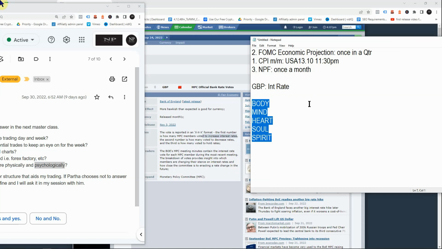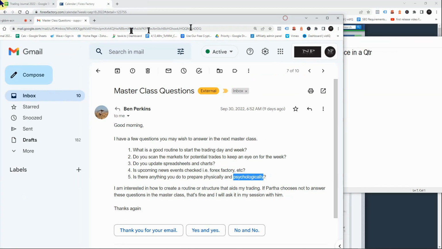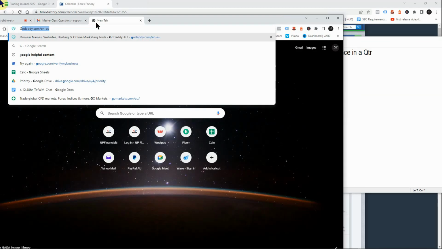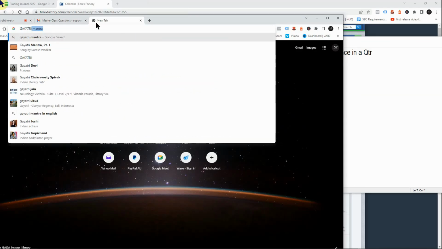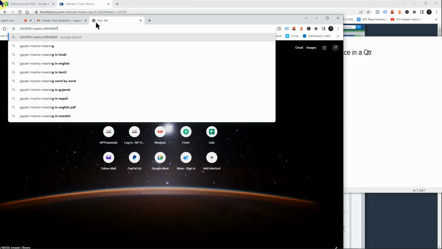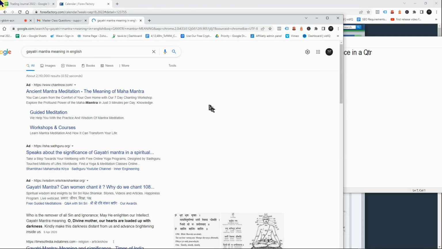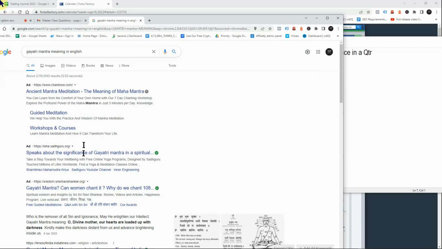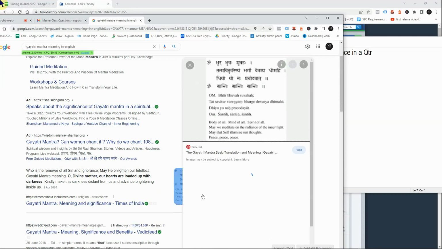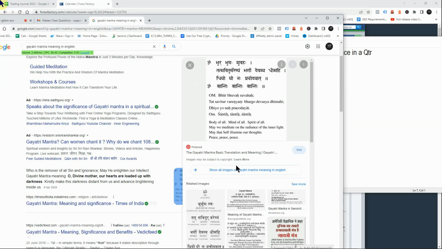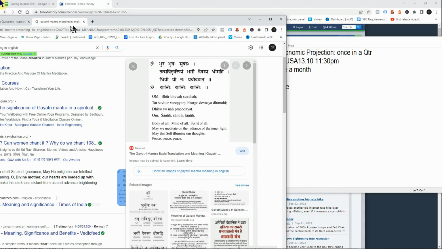I am trading Monday to Friday. So that's why I chant a mantra called the Gayatri mantra. You can search anyone. I'm not asking anyone, but it's a very strong mantra. You can read the meaning in English, or you can chant anything, whatever you like. So I do this, and you can read this here, and the explanation is here. I do that almost 3 hours in a day, every day.